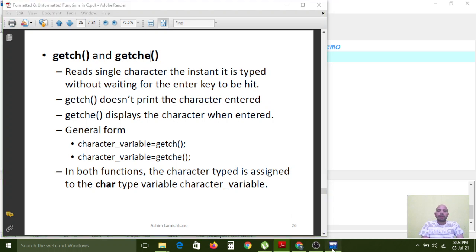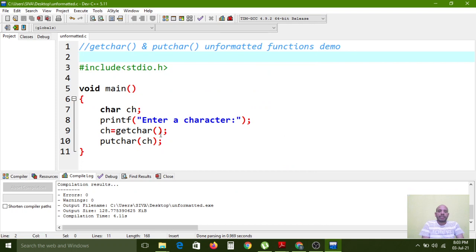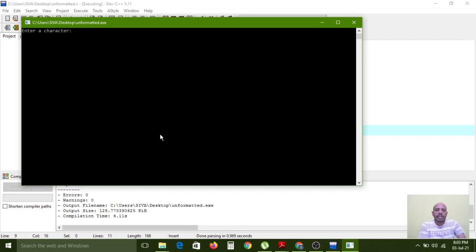Here carefully observe. In the previous example, the getchar function, what is it taking? Now again I am executing. It asks to enter a character. Here I am pressing the H key on the keyboard. H is displayed now here. But with the getch function, whatever character you enter as input will not be displayed on the console.